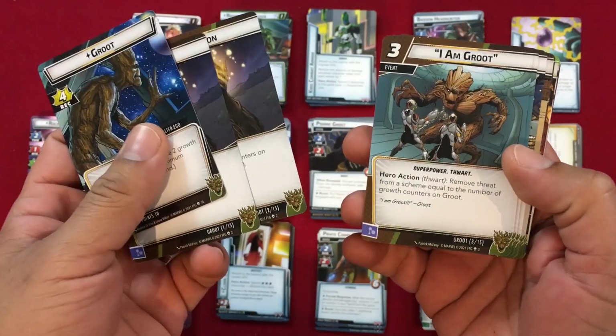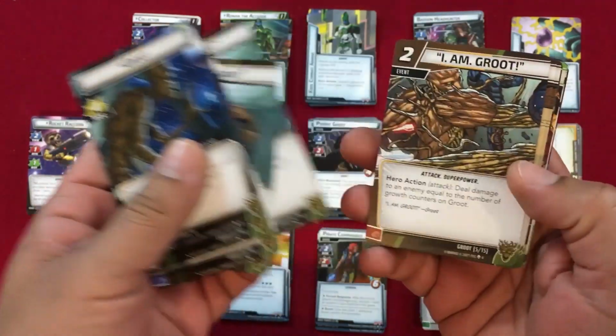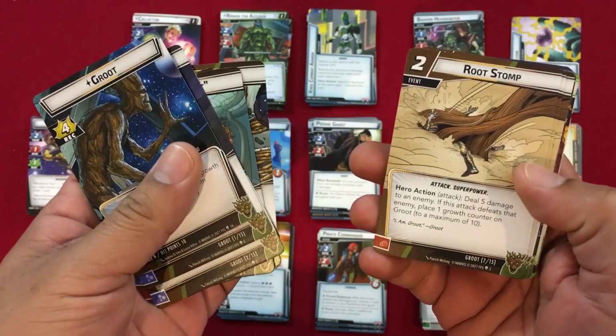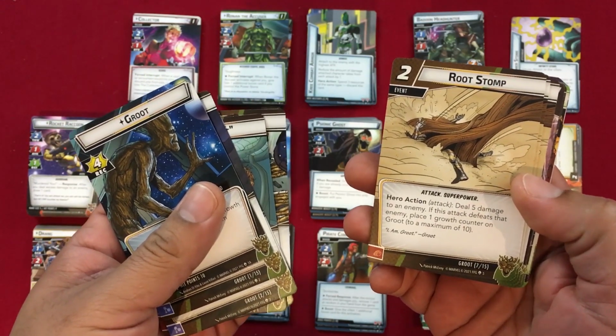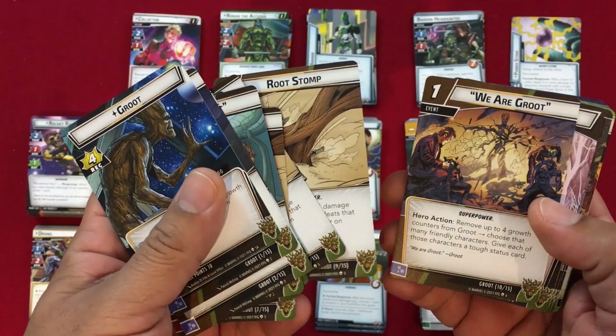Groot. That's Fruition. I am Groot. You can remove threat based on the amount of growth counters. I Am Groot deal damage based on the amount of growth counters. So those are a big part of what you'll be doing. Now, Root Stomp deal 5 damage to an enemy, and if the attack defeats that enemy, you can place a